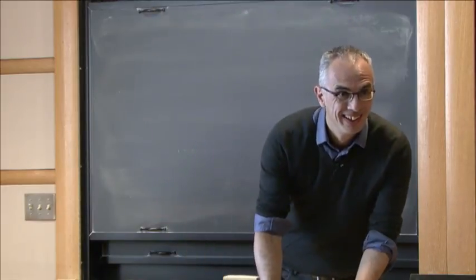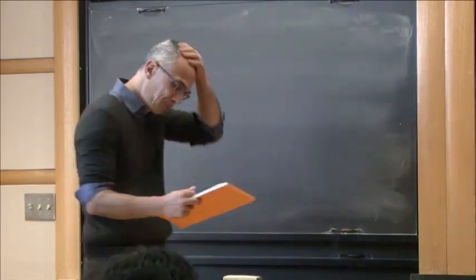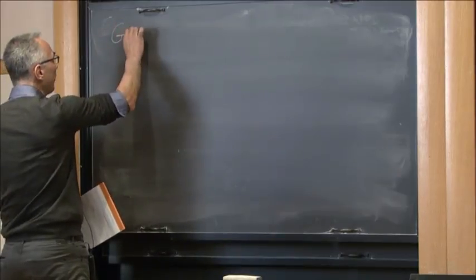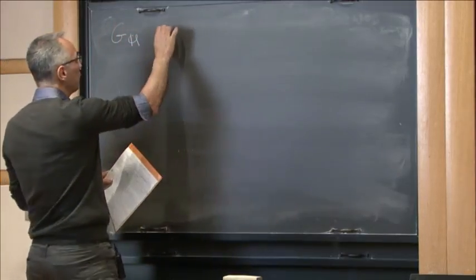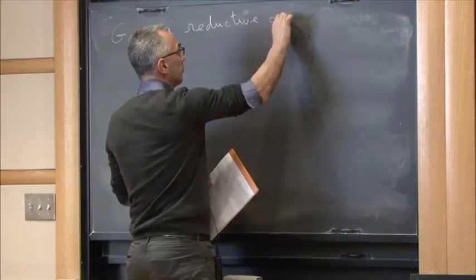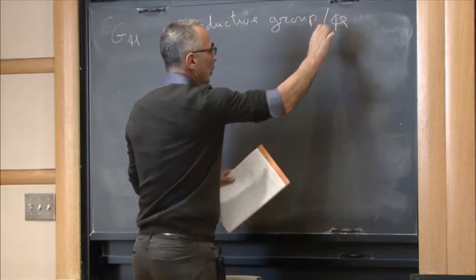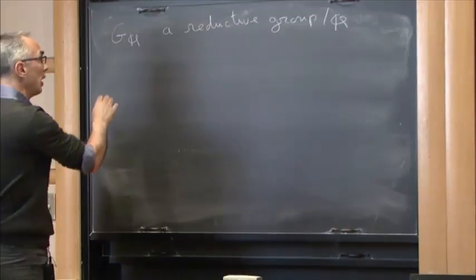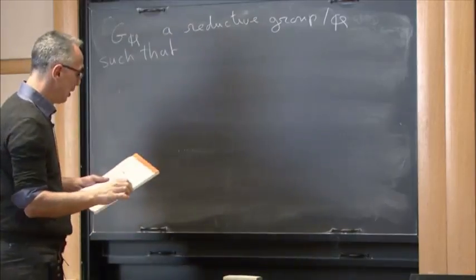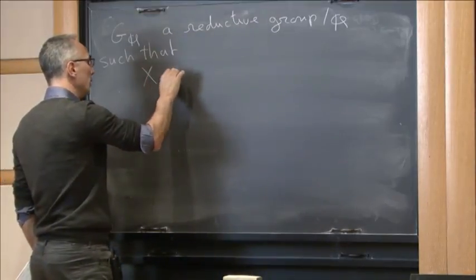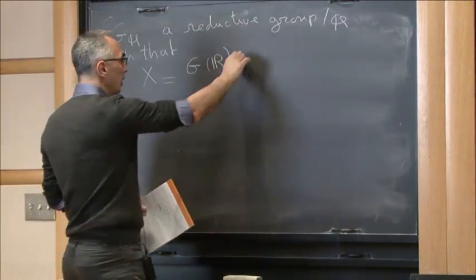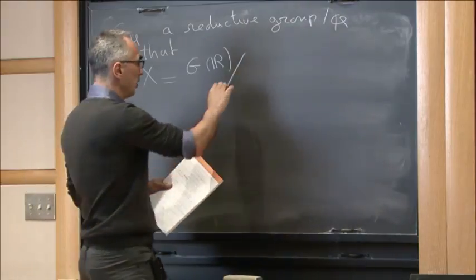Just to explain the background. In the talk, I start with a reductive group over Q, and I assume that the symmetric space associated to the real points of G